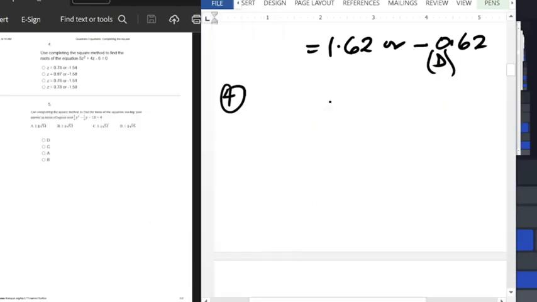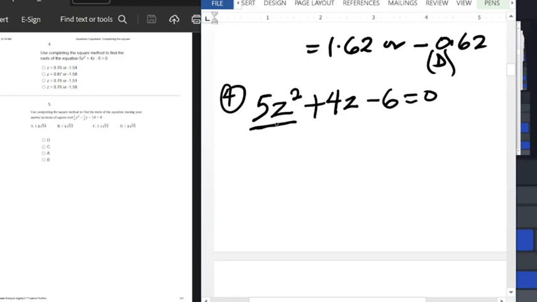So the same thing, we want to use the completing the square method to find this. What we have there is 5z squared plus 4z minus 6 equals 0. Before you can make use of this, you must make sure that the coefficient of z squared is 1. So what we're going to do now is to divide through